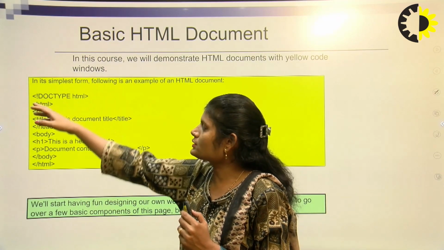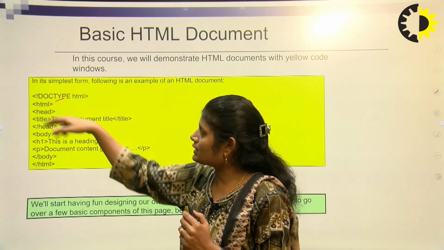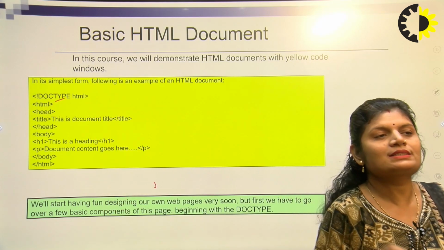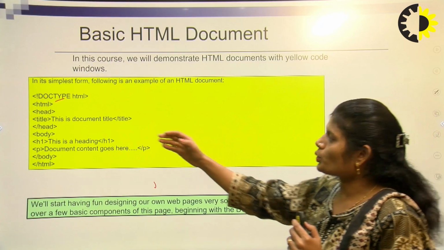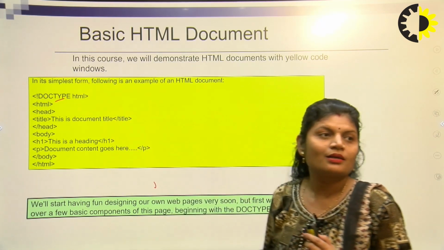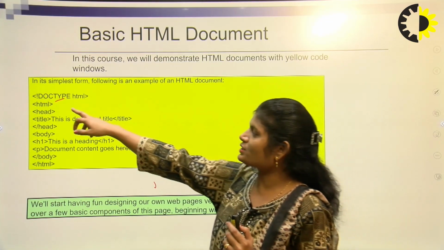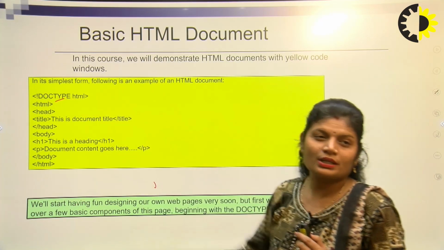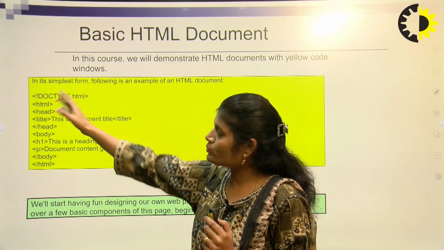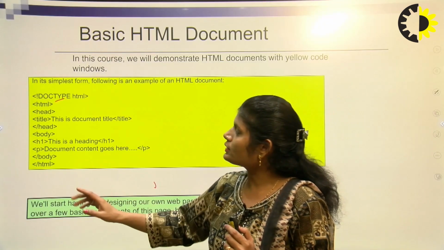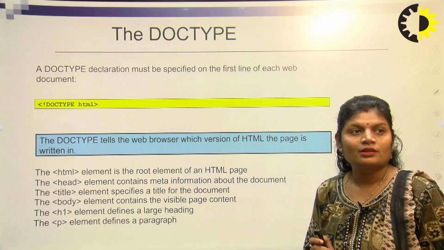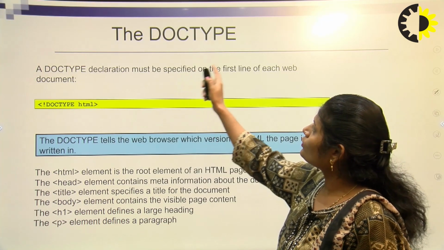Firstly, when we start the HTML code, the first thing is the doctype html. The doctype html defines which type of document you are creating. Then the HTML tag is used because you create an HTML document, and if you open the HTML tag, then you close it. So one by one, I will describe these in the next slides.